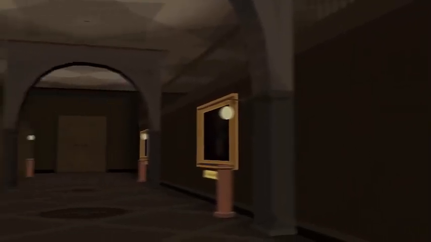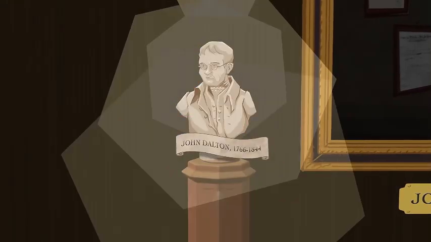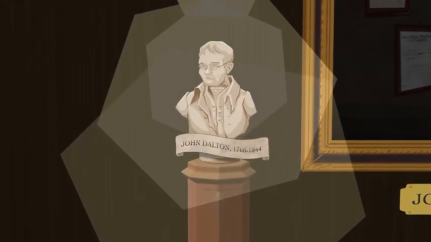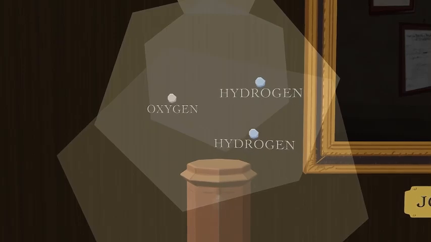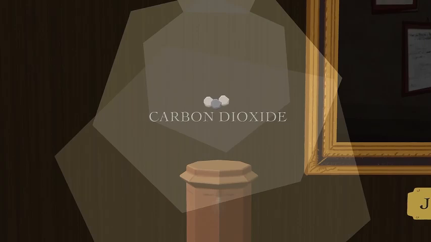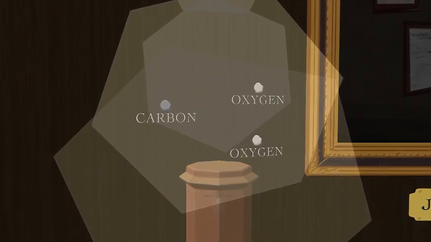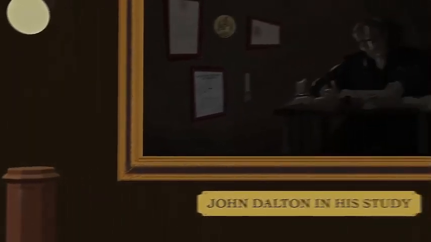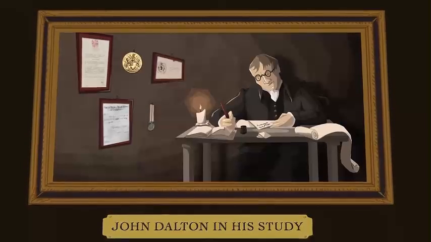Atoms would remain all but forgotten until 1808, when a Quaker teacher named John Dalton sought to challenge Aristotelian theory. Whereas Democritus's atomism had been purely theoretical, Dalton showed that common substances always broke down into the same elements in the same proportions. He concluded that the various compounds were combinations of atoms of different elements, each of a particular size and mass, that could neither be created nor destroyed. Though he received many honors for his work, as a Quaker, Dalton lived modestly until the end of his days.